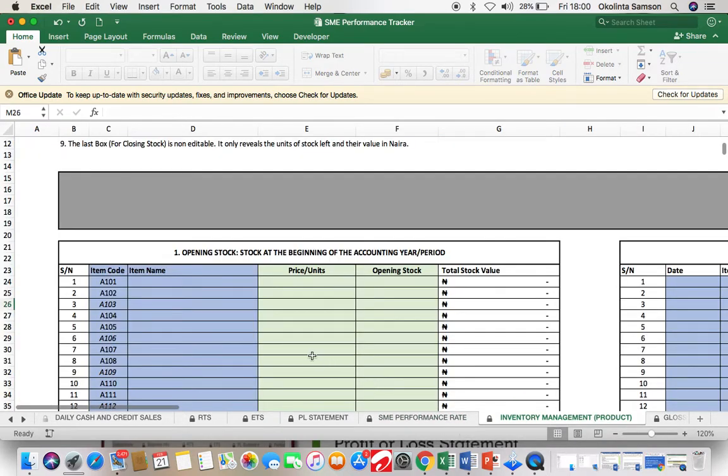The next sheet is the inventory sheet. This helps you keep track of your inventory. You get to track missing goods, because one of the reasons why some businesses are failing is because they are unable to track their missing goods. Most times their staff come in and steal their stuff, or sometimes they order 500 items but end up selling just some of them, and then they find out at the end of the day that